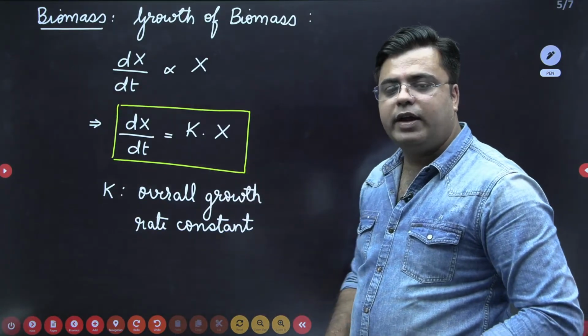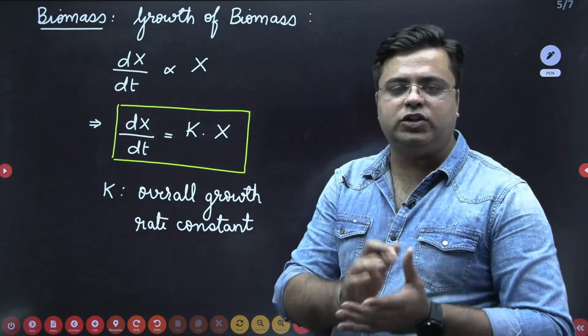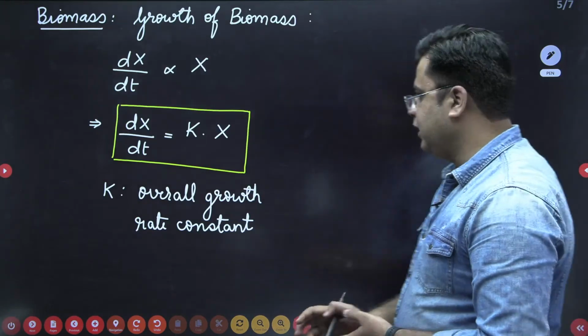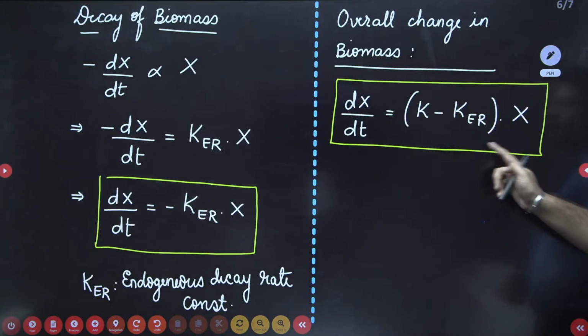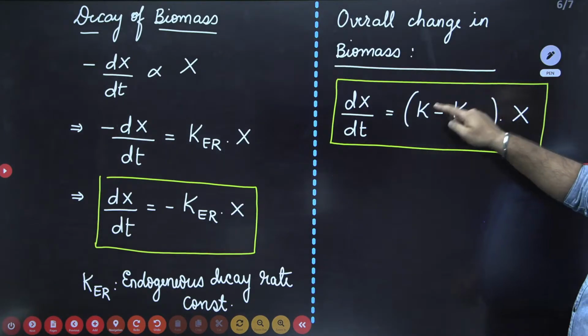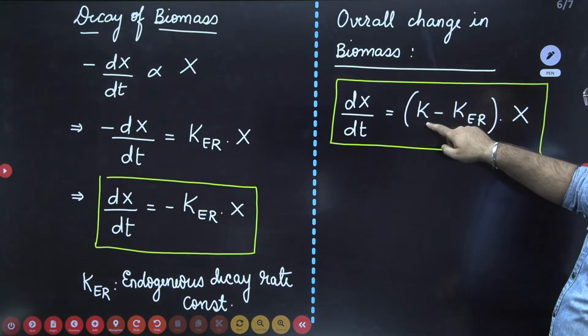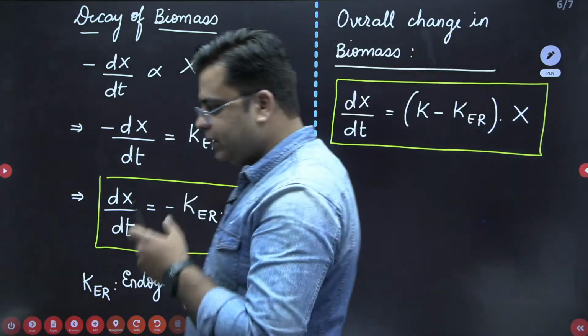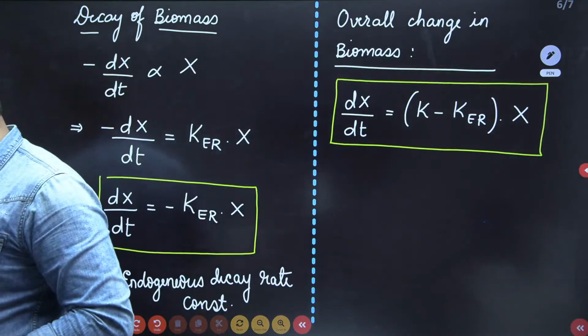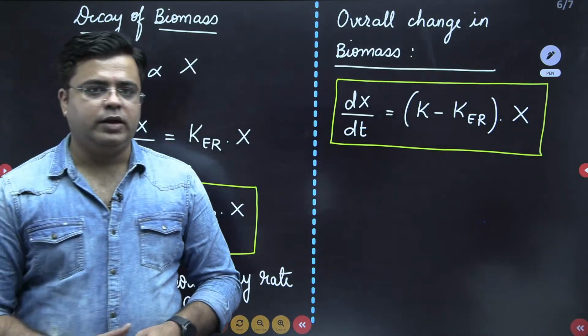Okay. And when you want to see the overall change in the biomass, then for that you need to go for this expression. This is the overall change in biomass, where we are adding the growth of biomass and also the decay of biomass. Okay. So this is the first expression related to your activated sludge process. Now starting with this,